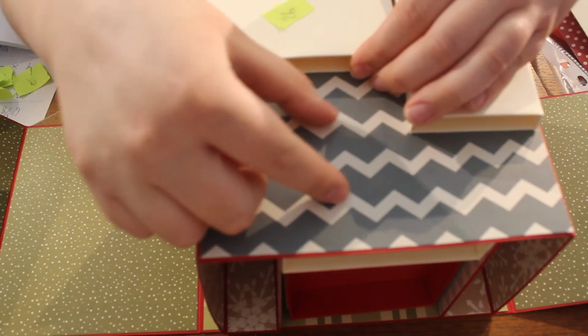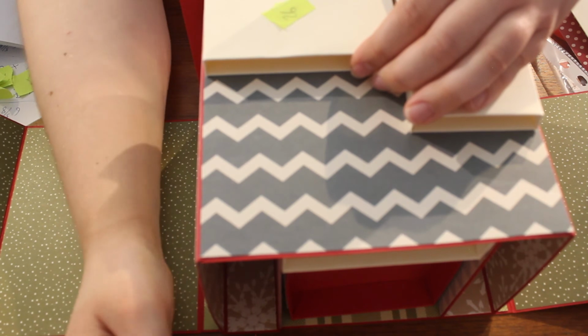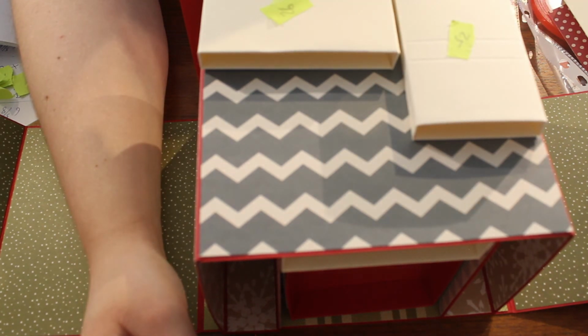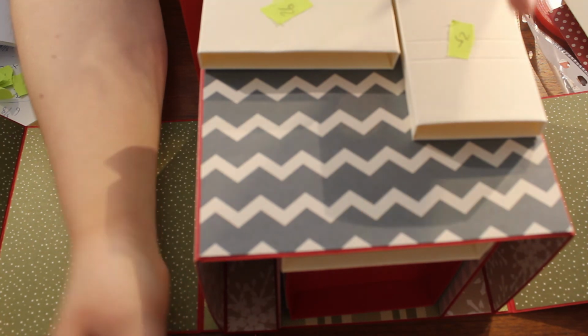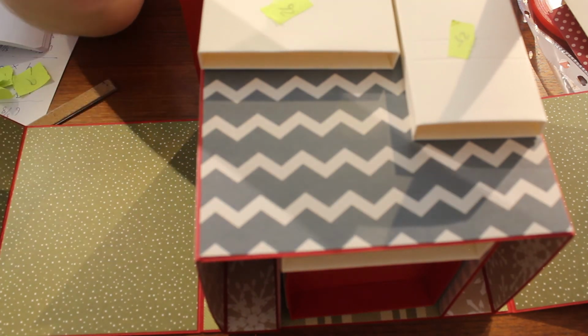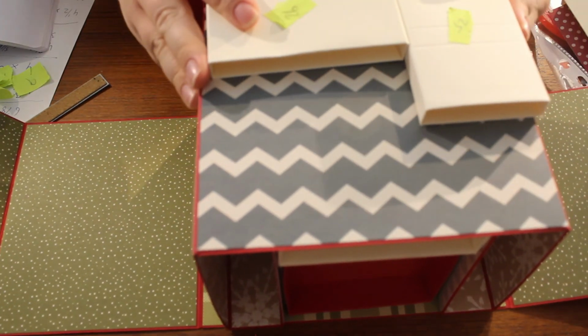I might put a little one up here and have like what are those called? I know what they're called in Swedish. They are called frimärken in Swedish. Stamps, I think they are called. When you send a letter, you need a stamp, you need a lick and then put on the, yeah. I don't know what they're called. Yeah, anyways,